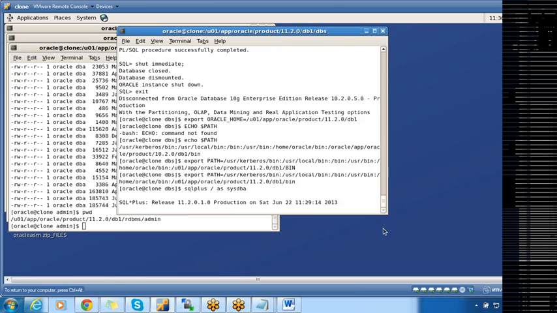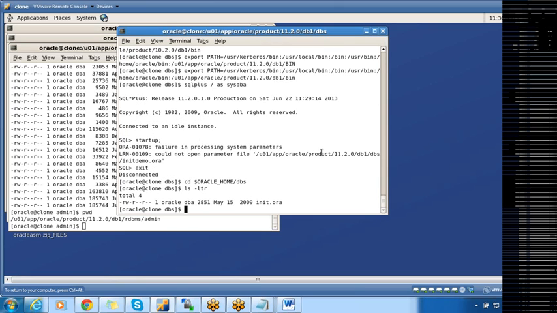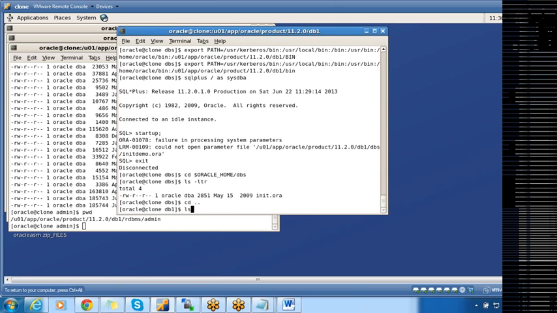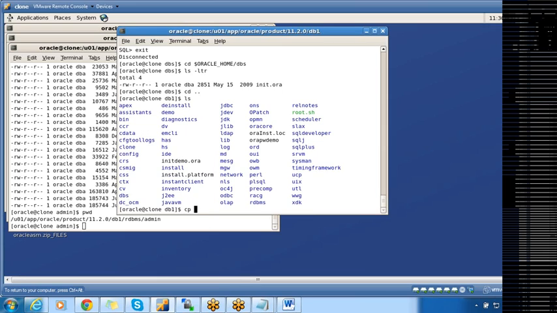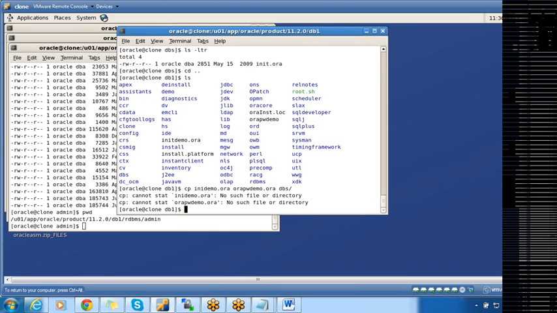So let me copy it from db1 to dbs. cp init demo.ora, orapw, dbs slash.